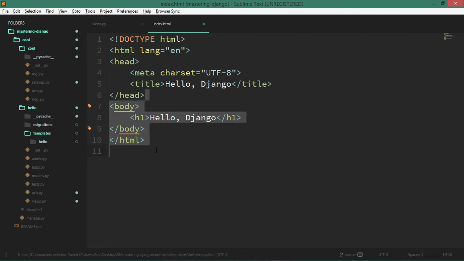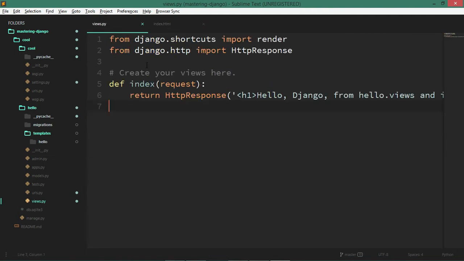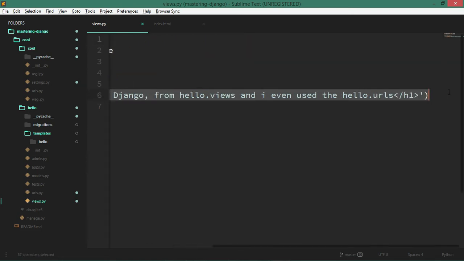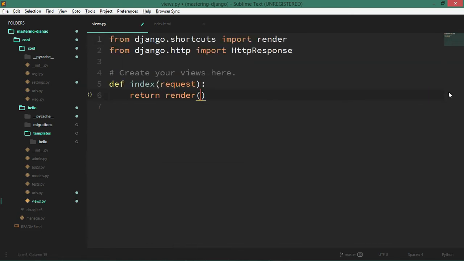Now how are we going to really link our views with this HTML document? It turns out that with the shortcuts you already get this render method. So you can just come in there and say render, and this takes compulsorily a request. Now the reason why you want to put this request is because you are sending the HTML file to the person who requested it. That is the reason why you want to put this request inside. And then you need to put a string. This is the actual location where your HTML file lives, and it expects to be starting with templates. So you'll need to say inside the templates I need to come to hello and then index.html.